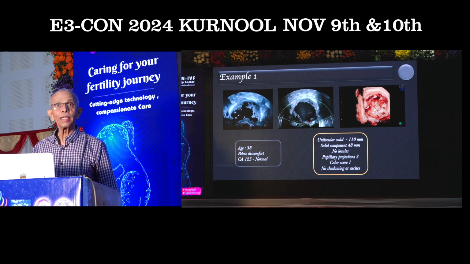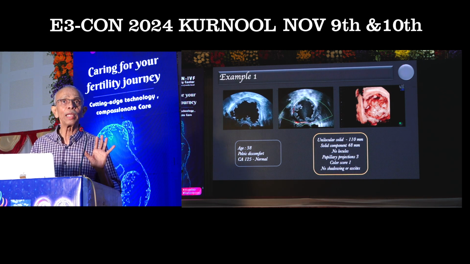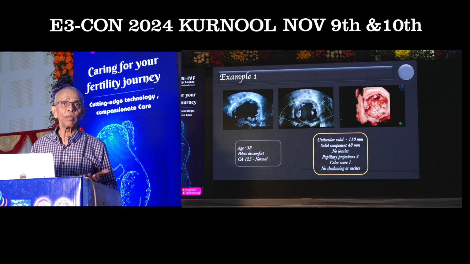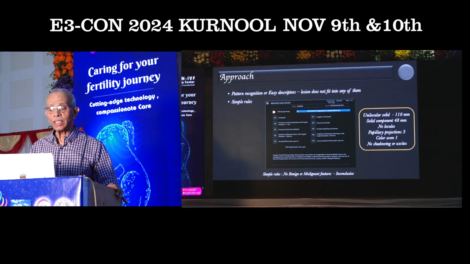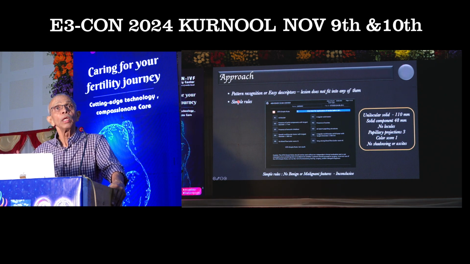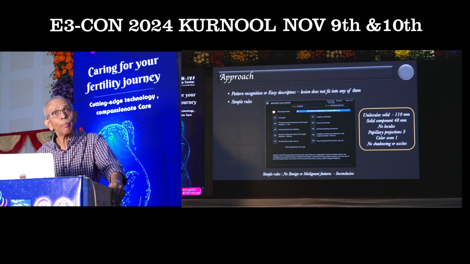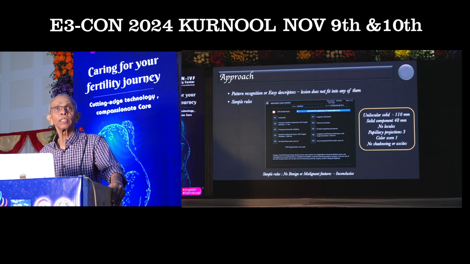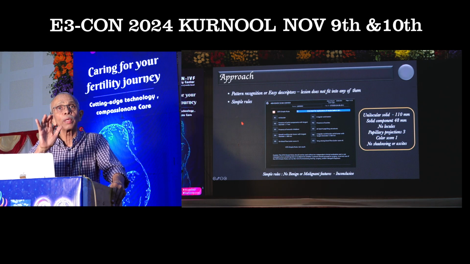So in this situation, can we use pattern recognition? Is pattern recognition going to help us in identifying the lesion? No, isn't it? You know which lesions can be identified by using pattern recognition, or can we use simple rules? So now I have used the simple rules. Again in simple rules, there is a solid component, there is low vascularity, but there are papillary projections which are more than 4. So again there are a few malignant features and a few benign features. That is the reason why I can't even use simple rules in order to categorize this lesion.